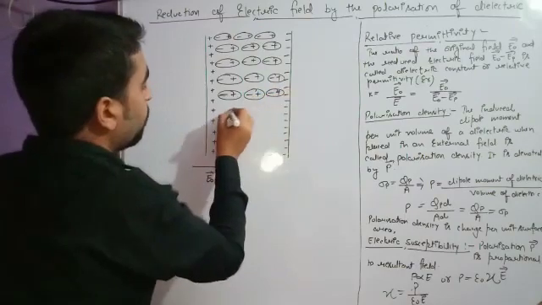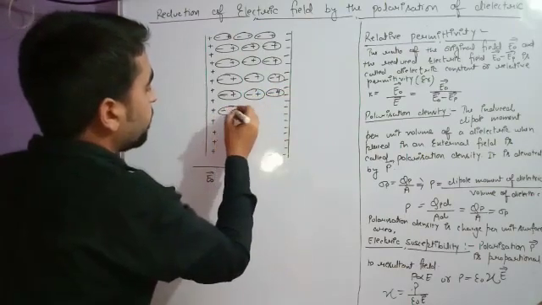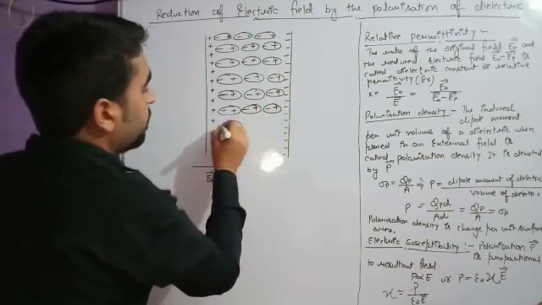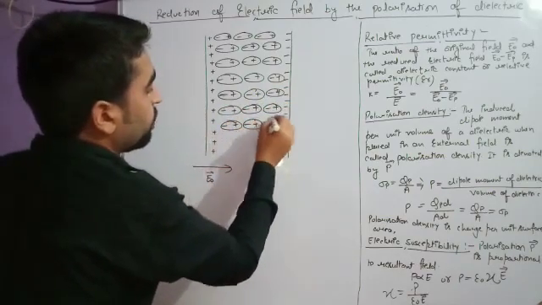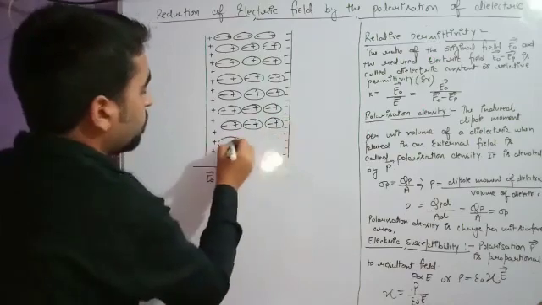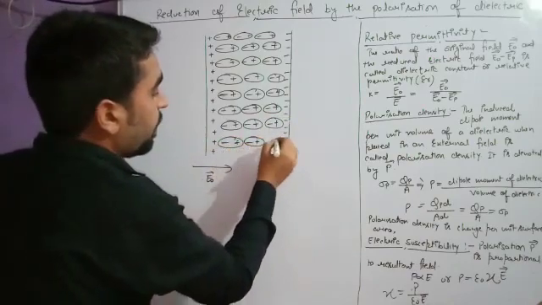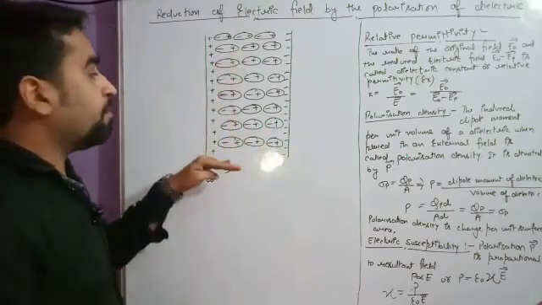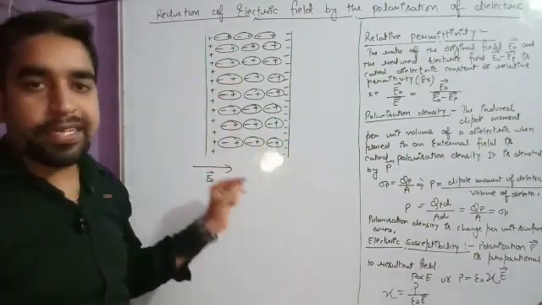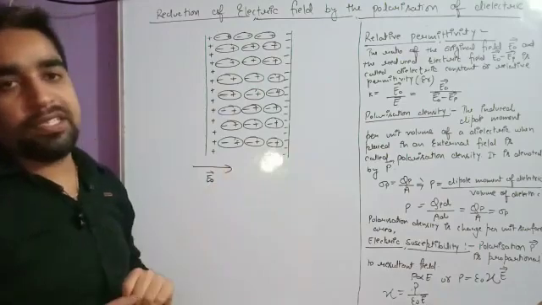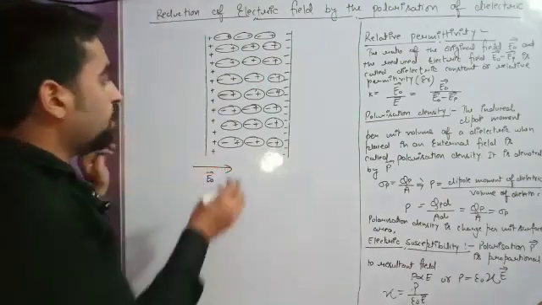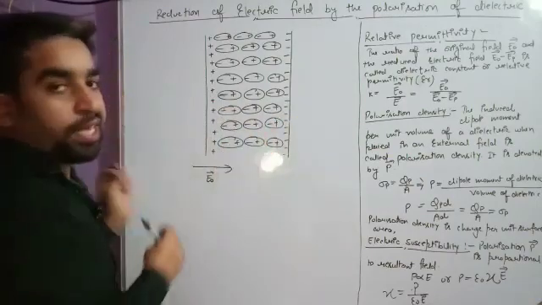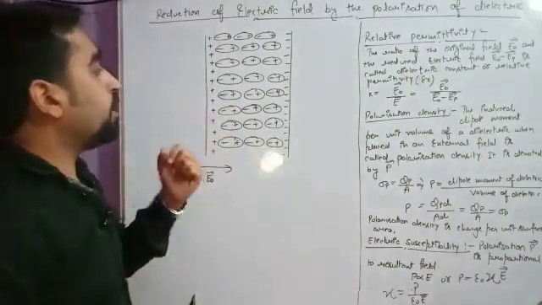We already know, and we have studied in our previous lecture, what will happen when we place the dielectric material between the two plates of the capacitor. The answer is that when the dielectric material is placed in the electric field, it will be polarized. So how will it be polarized? The positive charge will go in the direction of the electric field, the negative charge will go in the opposite direction of the field. So these are getting a dipole moment.